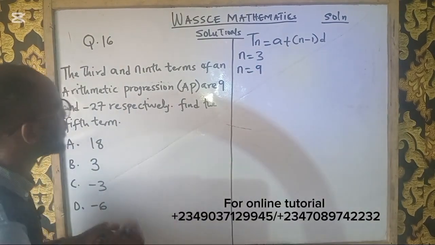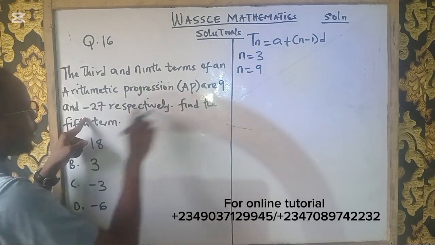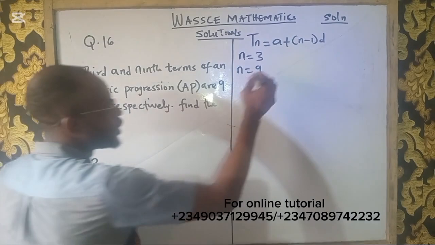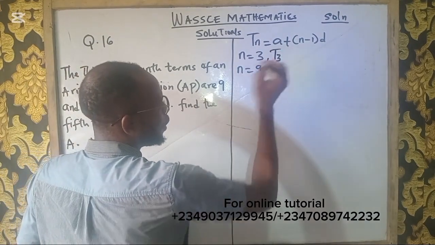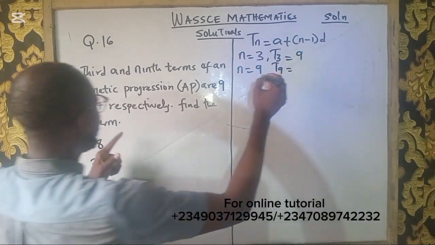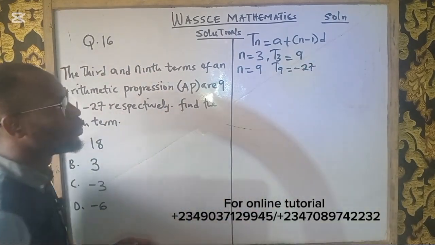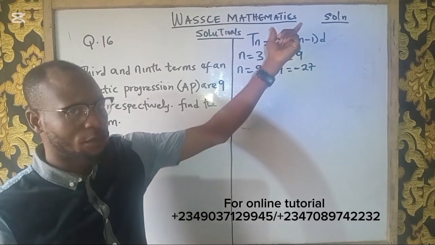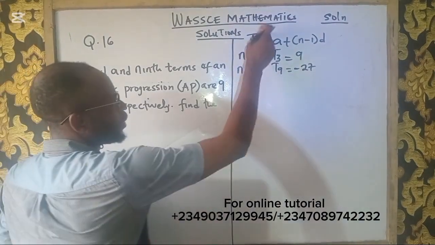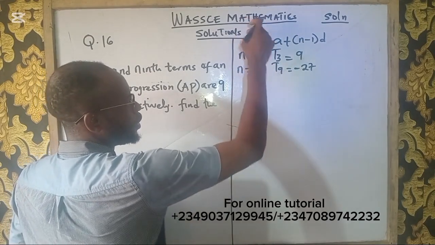But we are told that the third and ninth terms are 9 and minus 27 respectively, which means T3 is 9, T9 is minus 27. That is the meaning. So if you place all these values into this formula, instead of writing Tn, because we want the value when n equals 3, it's going to be 9